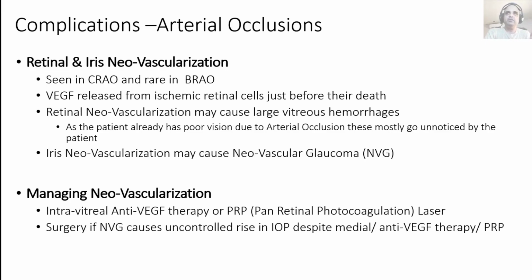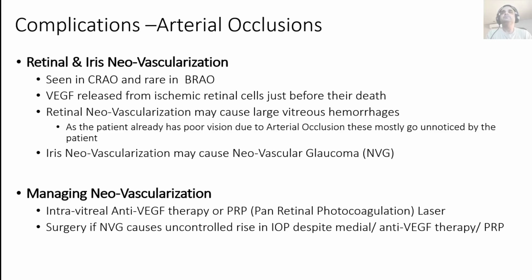And obviously, if you have neovascular glaucoma, you need to do surgery because medical therapy does not work in it. And obviously, you need to decrease the stimulus for VEGF production. So you need to do PRP or anti-VEGF therapy to reduce the stimulus. Otherwise, even if you do surgery and the stimulus is still around, the patient is not going to recover from